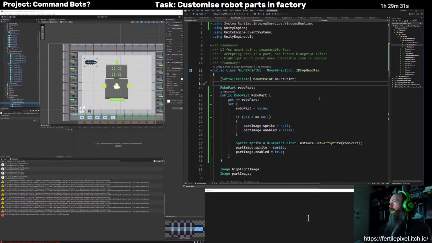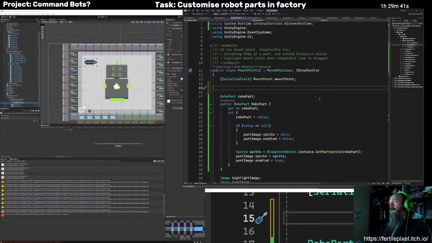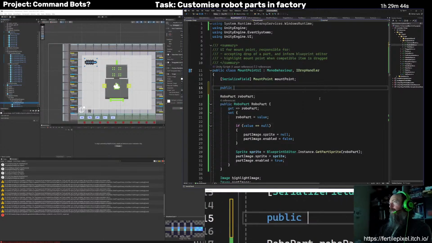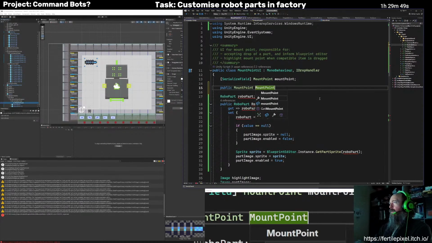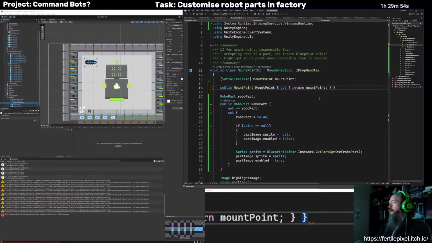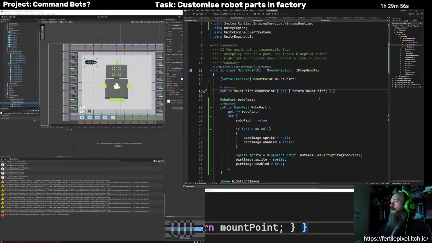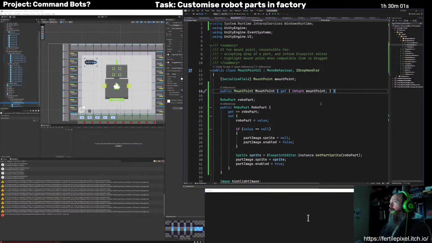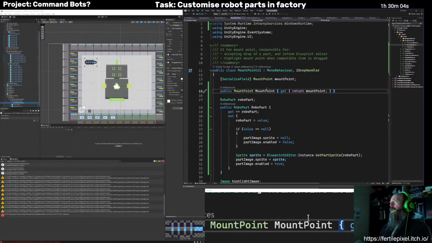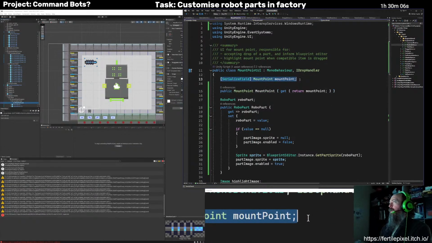So I will make a property that looks good. It's just got a getter, no setter, because they're not going to be changed ever, other than just through here.